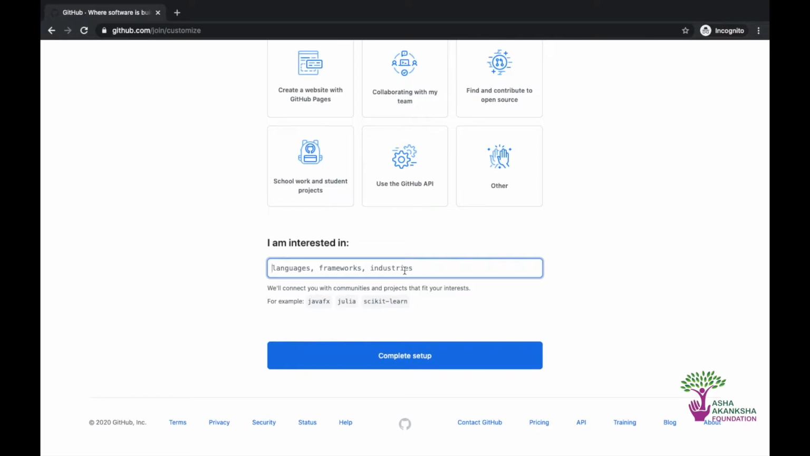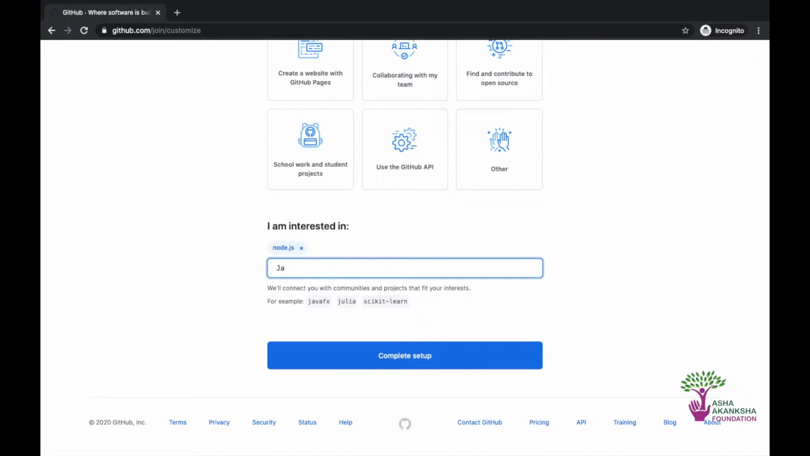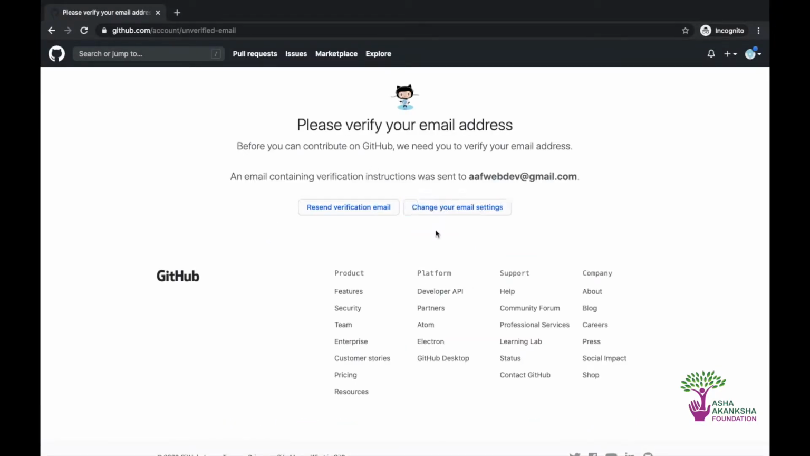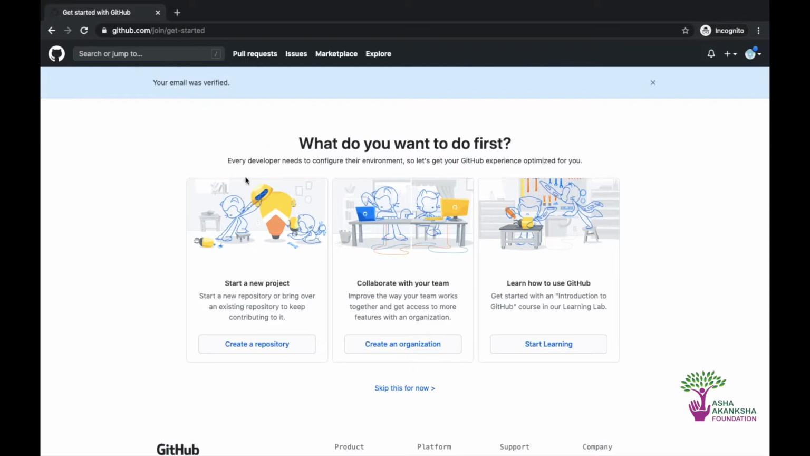And I'm interested in Node.js, JavaScript, and let's say Express, HTML. Okay, they're allowing only three, I guess. No. Just add everything that we've learned if you want. And let's just do complete setup. An email containing verification instructions has been sent to your email. So now you need to go there and verify your email. I'll do that. Alright, so my email has been verified, and when you visit that link that they give you,